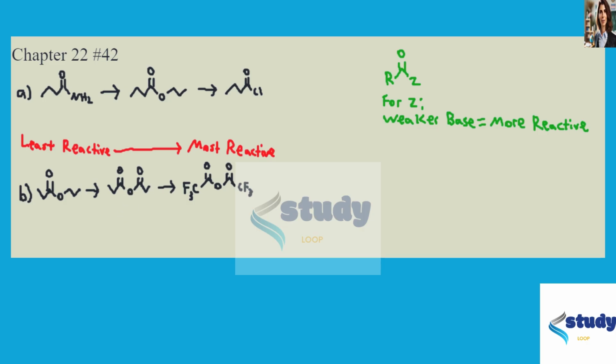Another way to think of this, after reading this chapter, you should know that an anhydride is going to be more reactive than an ester. And so you could rank them that way as well. Or you can look at this and say, this is